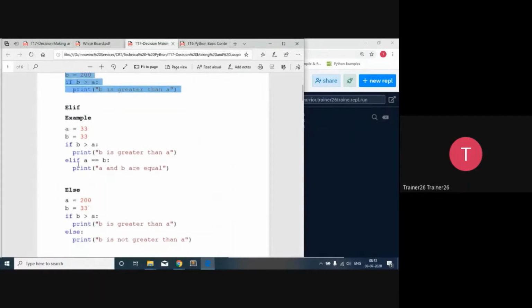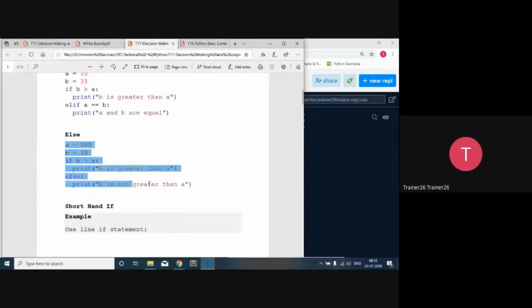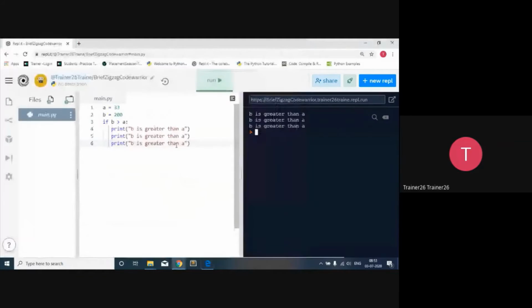First we talk about if else. For else there is a single word called else, which we are going to write down over here. So A is going to have 200, B is going to have 33, and here you have to take a little care.